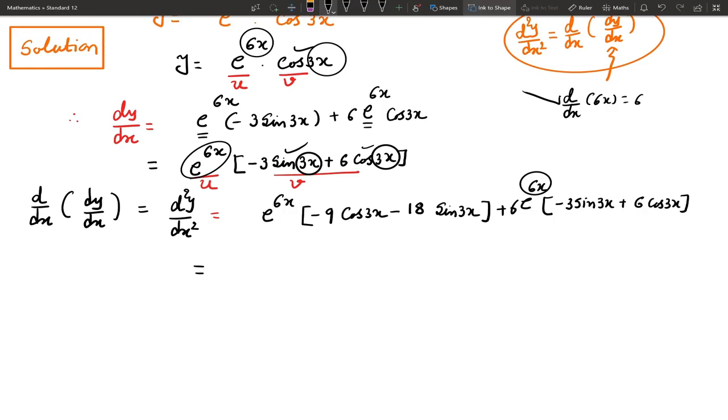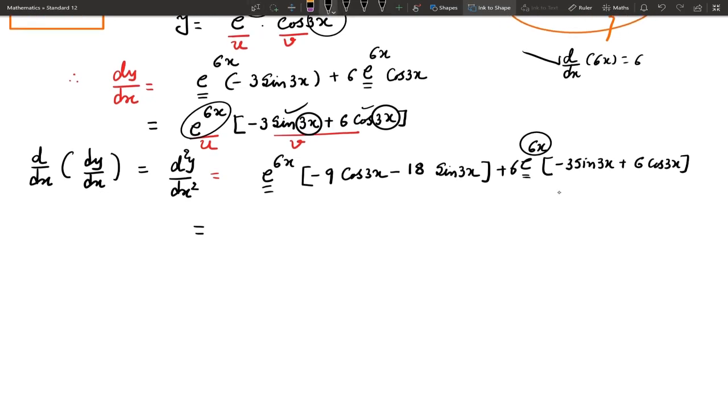So now we take e raised to 6x common. So e raised to 6x into bracket minus 9 cos 3x minus 18 sin 3x,